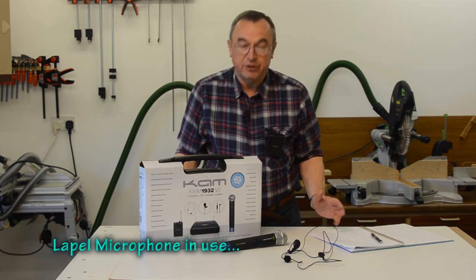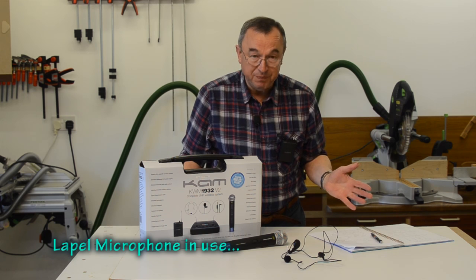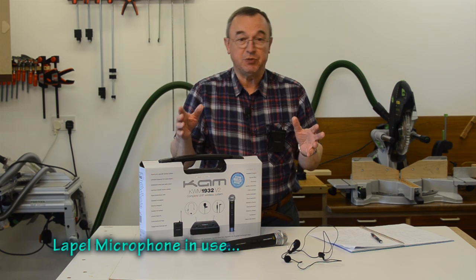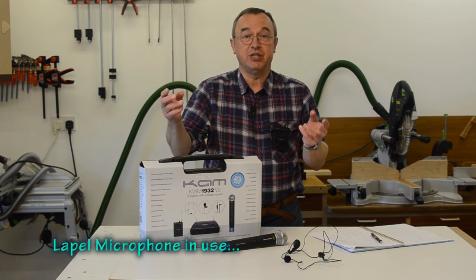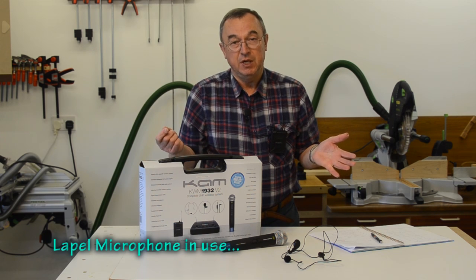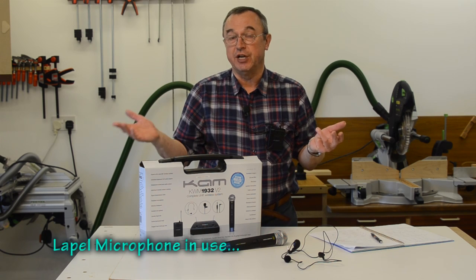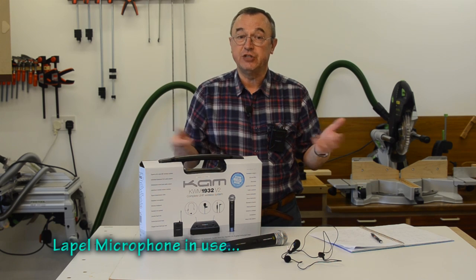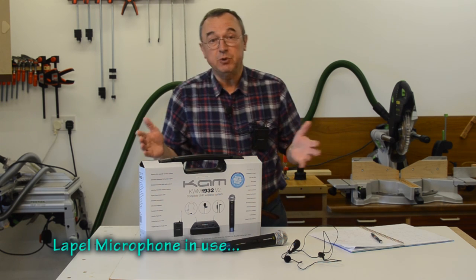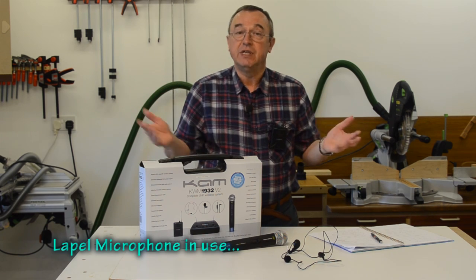Now, there are a couple of characteristics of the system that you need to be aware of. They're not faults, they're just characteristics of the system. The first is that the receiver is effectively tethered to the mains, because there's a mains adapter which has to go into a main socket, and then that goes into the back of the receiver. So it's a little bit awkward if you're trying to do video work, say, outside. You've then got to start running extension leads and so on. It's just something you need to be aware of. But for most people in the village hall, the discotheque, or in a marquee or whatever, power isn't going to